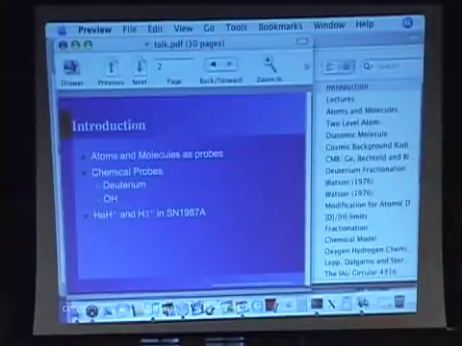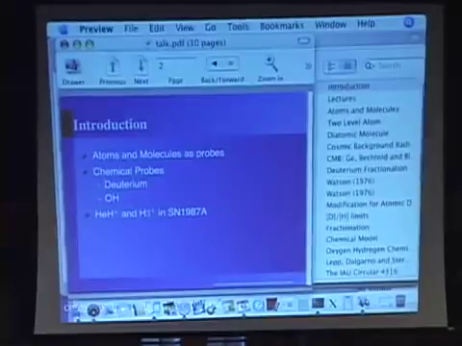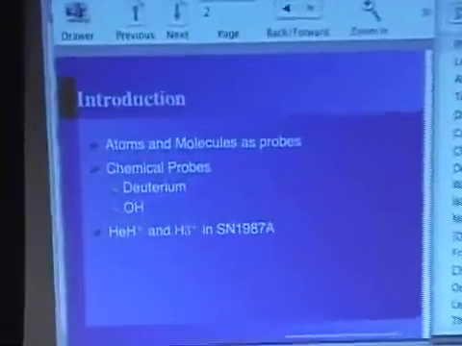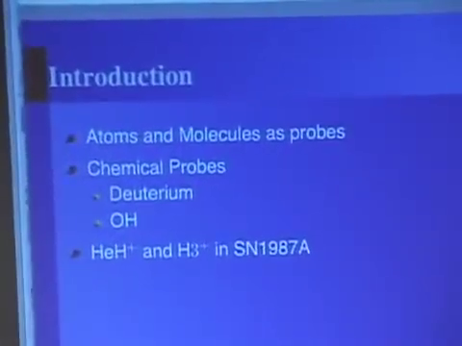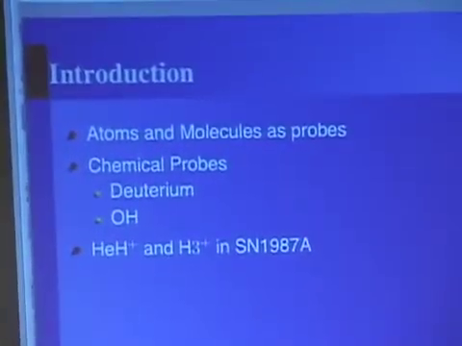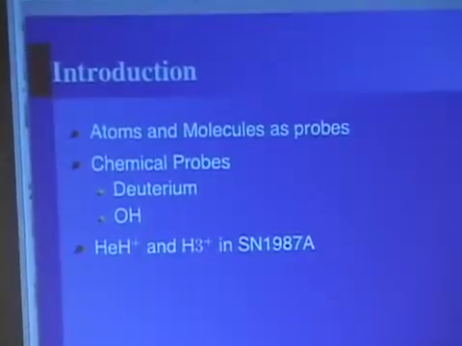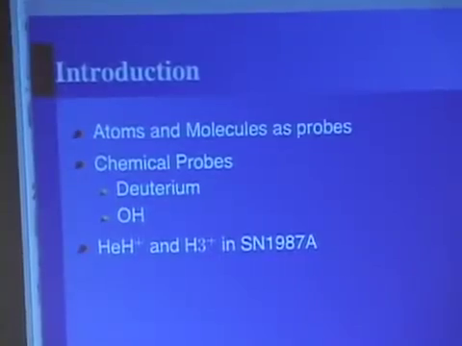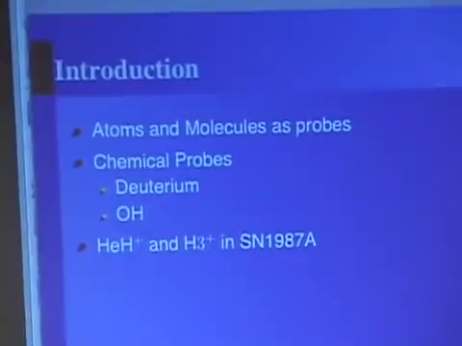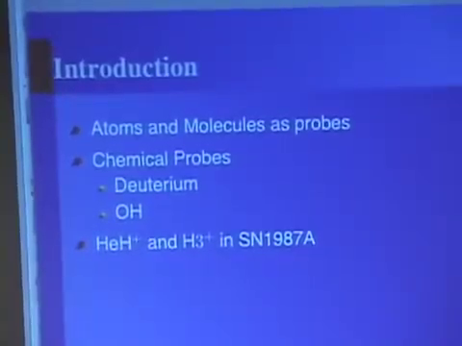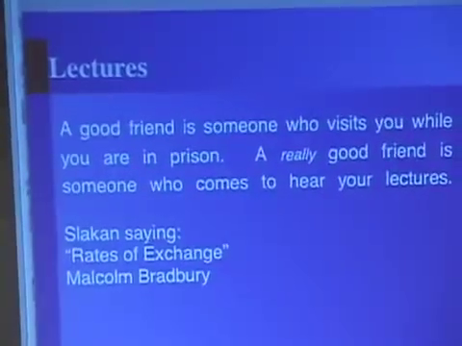All the information we have in our universe comes to us from electromagnetic processes, and the best information comes from atoms and molecules as probes. They give us our best information because they emit in discrete lines, and we can model those lines and model the chemistry. I'm going to talk about some chemical probes, using the chemistry to probe, but I'll start out by going over astrophysical probes.